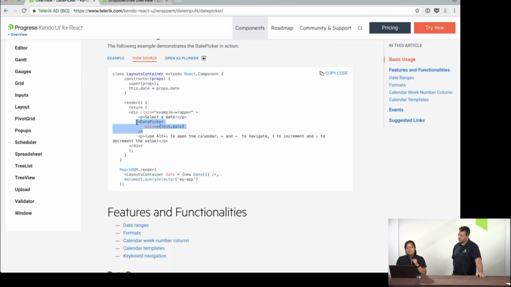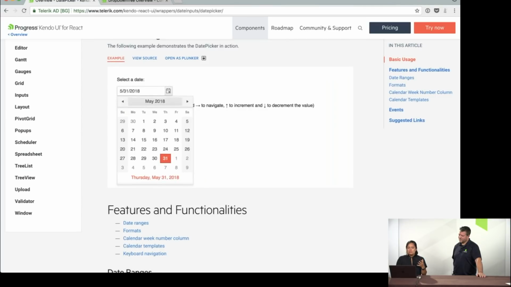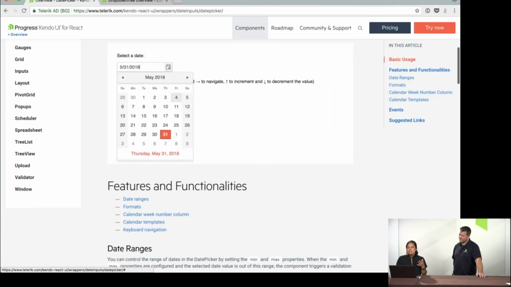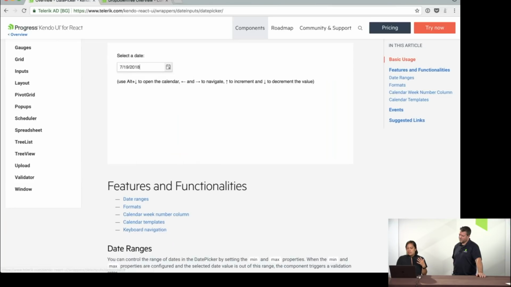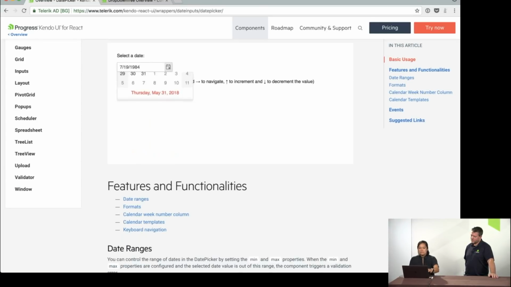Really complicated, practically 3 lines of code, right? But what you get out of those 3 lines of code is this great experience where you can go through here and just sift through where you want the dates to be picked up. And then one thing that I like a lot is you can actually go in and type as well, and then it will open it to that date in the calendar. But one thing that's really great is as you're doing the keyboard navigation,